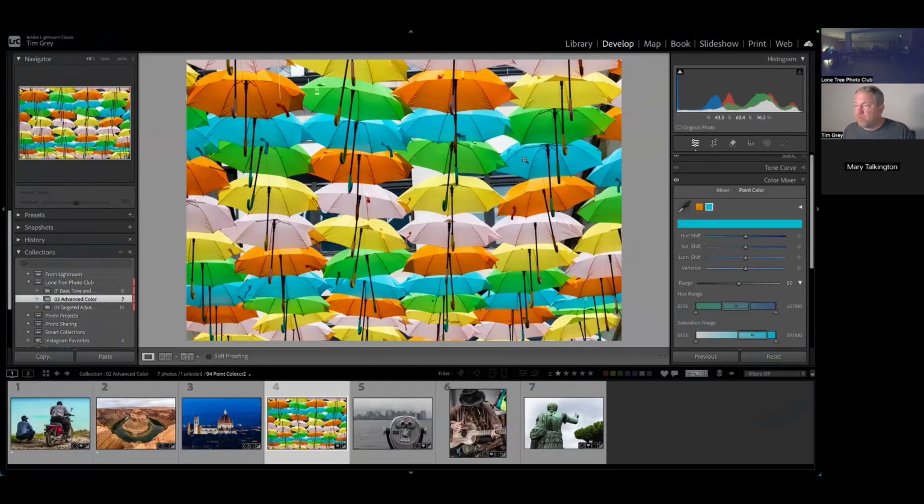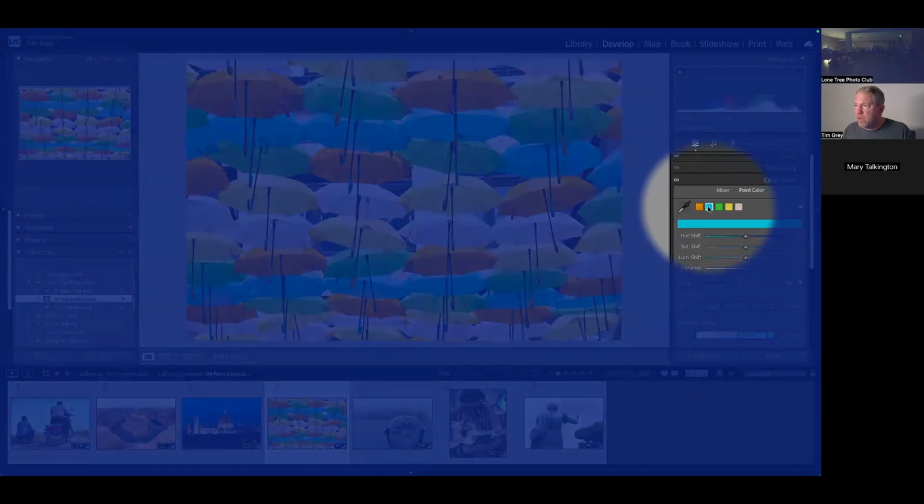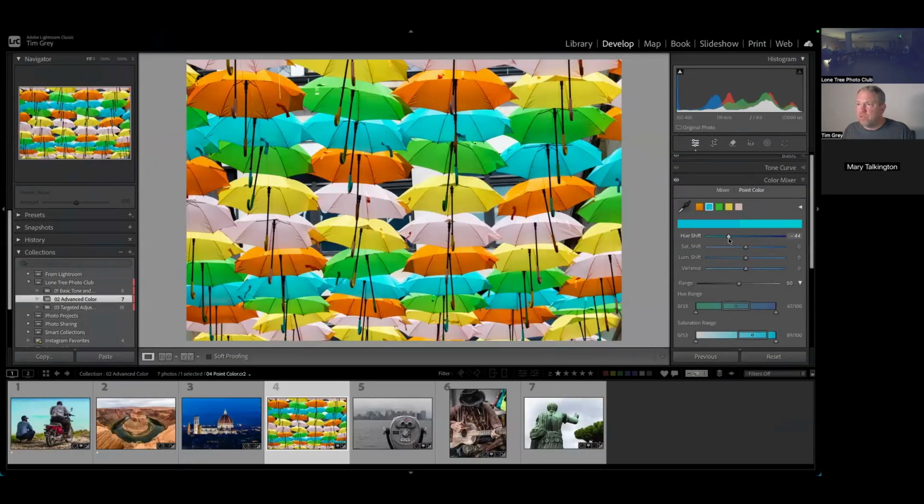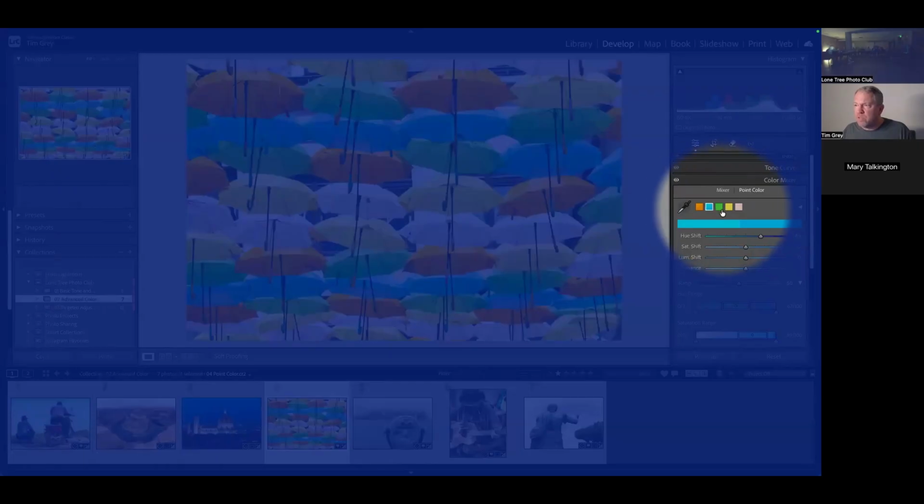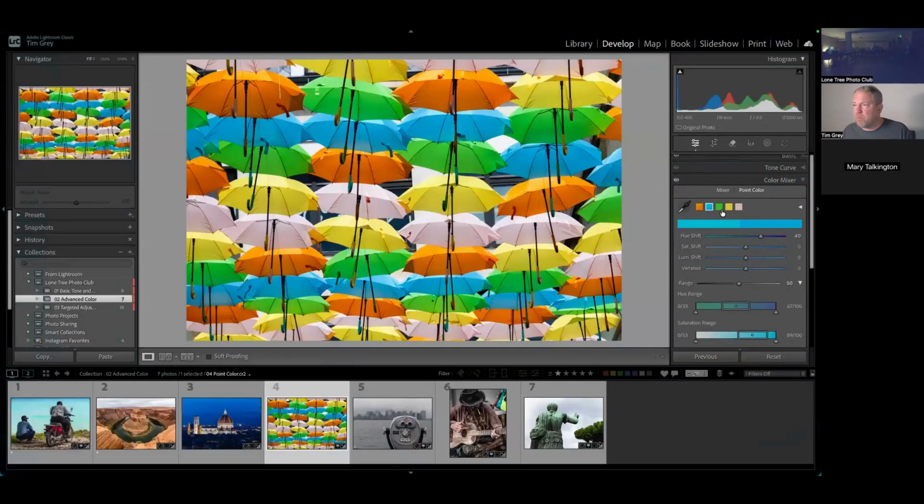And so again, I'm going to click on my eyedropper there. I can add a color swatch for the turquoise or the cyan color there, and for the green, and for the yellow, and for the pink. And so for each of these color swatches, I could then go in, so just to kind of give you a sense here, there's the turquoise or cyan umbrellas. For each of those colors that I've sampled, up to 8 colors that I can sample, I can then customize exactly the way I showed you for the orange umbrellas, but fine-tuning color with much, much greater control. And then one last thing I want to show you